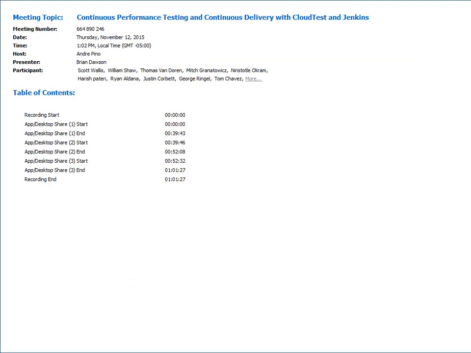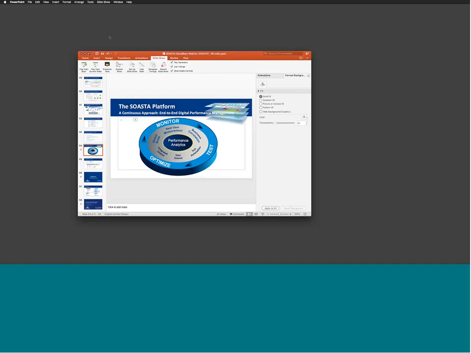Okay, thanks, Tom. And as I bring up the slide deck, I'd like to highlight how really simple it was for Tom to extend a powerful solution like CloudTest into a CD pipeline via Jenkins. And then with Jenkins, once you've made that simple connection, you're enabled to leverage the power of the rest of the Jenkins ecosystem and support for things like workflow and cloud and containers to create a very rich, robust CD pipeline.